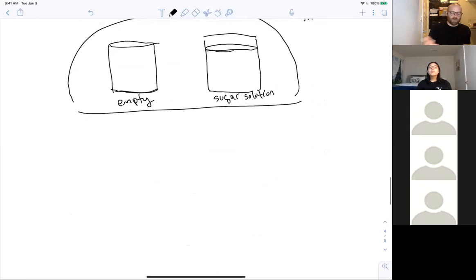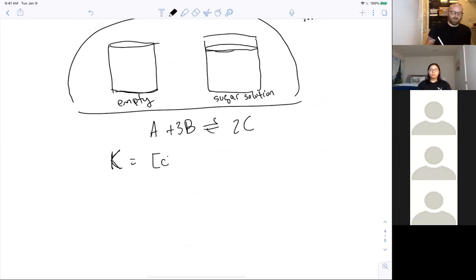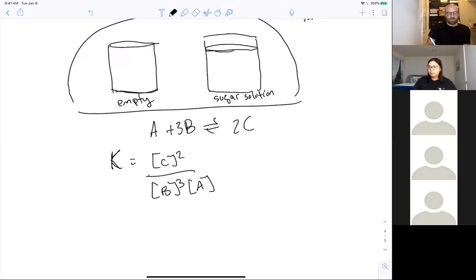as a starting point, understand how to write expressions for K. So if I've got a reaction like A plus B going between C, it looks like this. Understand how to get from there to here. And then that's probably pretty good. Get there,